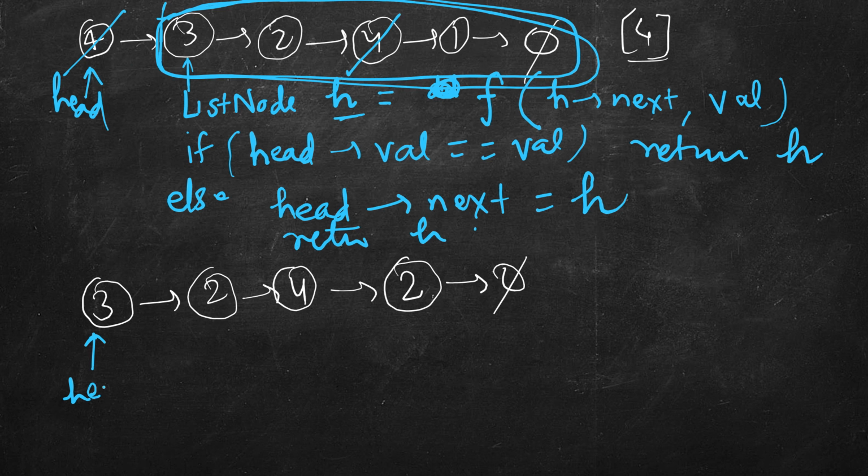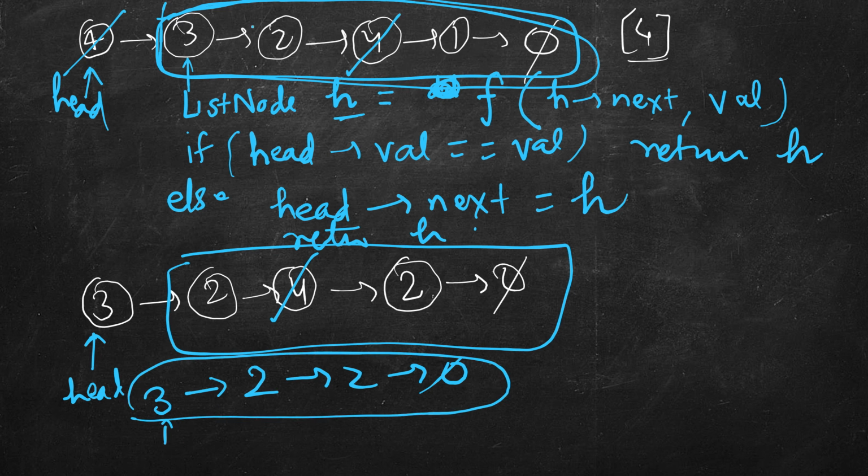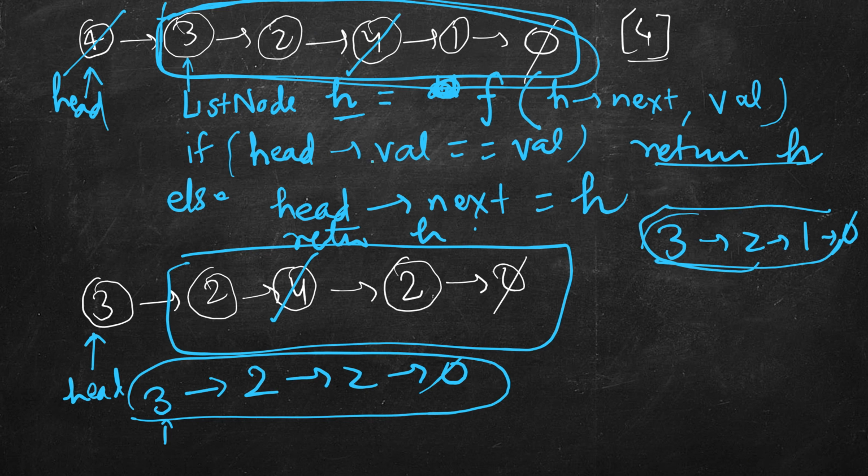It will delete 4 and return this 3, and we will return this 3 itself from the main function. And here this is the head. We will again call the same function on this part. It will delete this and return 2. So this recursive call returns 2, 2 and 5, so we make 3's next point to this and then return this 3. So this is the list that will be returned: 3, 2, 1, 5. So we can verify that it's correct.